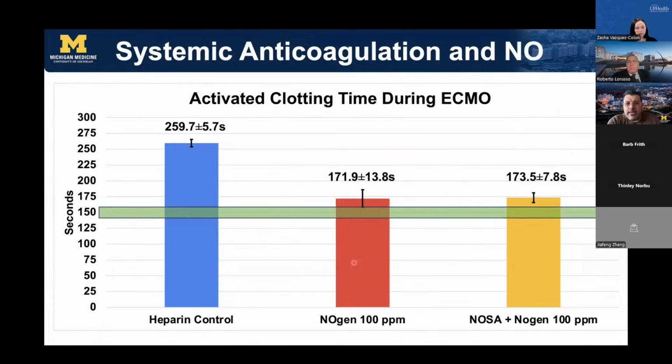When we look at the systemic effects of nitric oxide in this model, as you can see, as expected, for the heparin, you can see there the target and the average ACT values. The green line shows the baseline ACT in our animals. And as you see, the sweep gas NO doesn't have a significant effect,